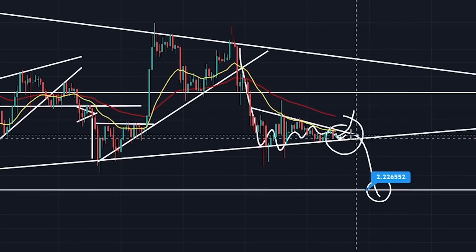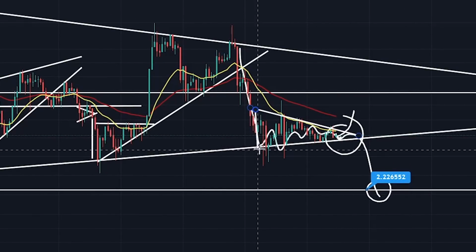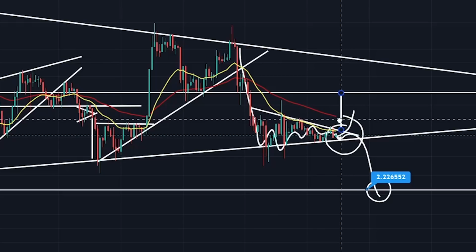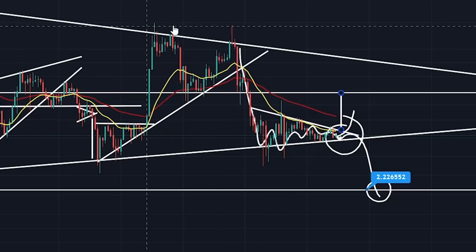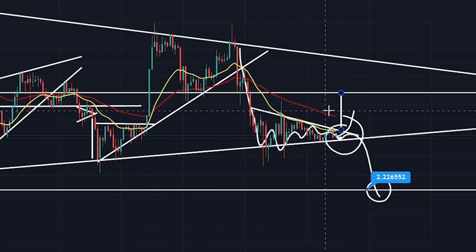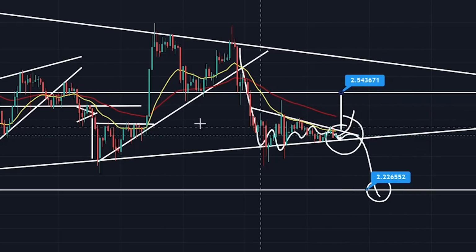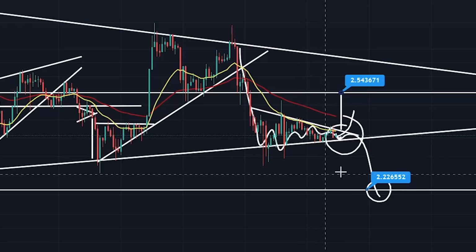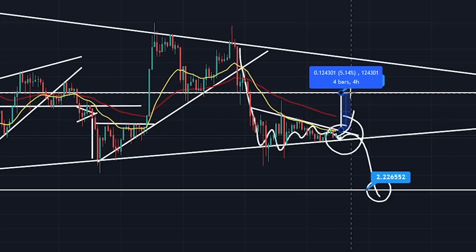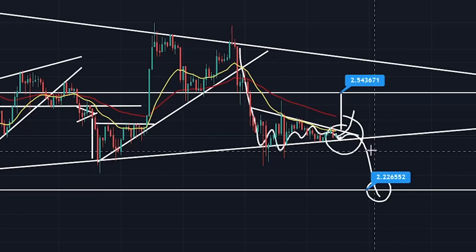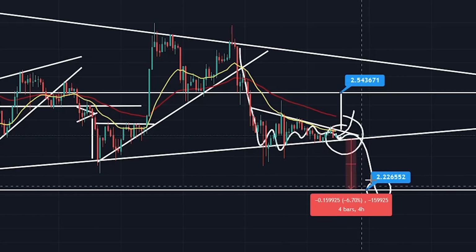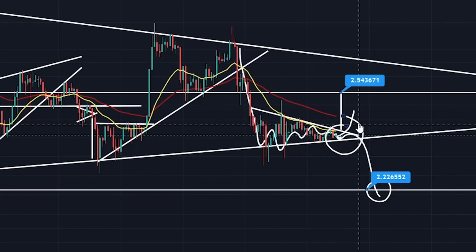Okay, but equally, as you're fully aware, these can break up to the upside, and I would imagine if you were to break to the upside, you would be looking at a little pump up to this level just here, and this trend line, look, this neckline of this massive head and shoulders, descending triangle and double M top pattern. You may see yourself come back up to retest this resistance at $2.54. So you know some kind of break is coming. When it comes, you've got a long up of around 5.14%, or you've got a short up of around 6.7% down to there. So it's support and resistance basically.